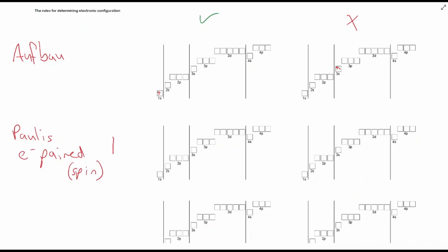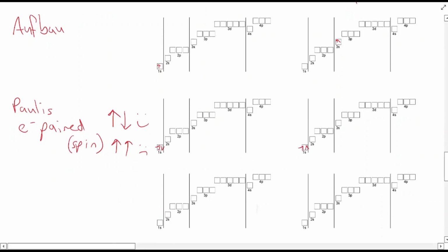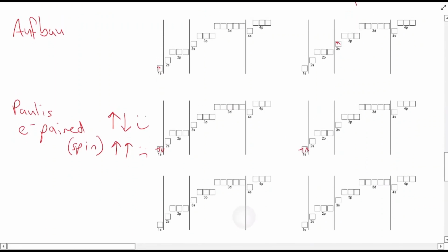So, if we have an up and a down, we are happy. If we have 2 ups or 2 downs, we are not happy. So if I was doing this here and filling out the 1s, I would go up and down. I wouldn't go up and up. And our final rule is